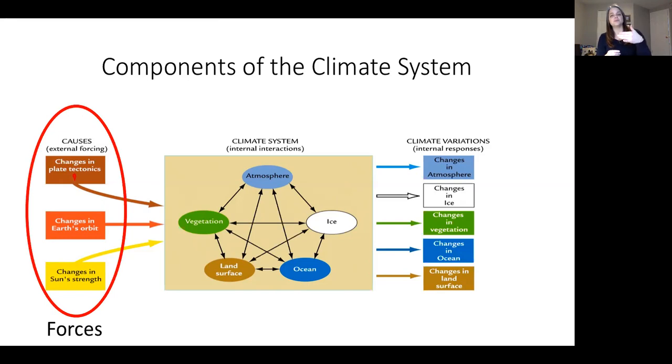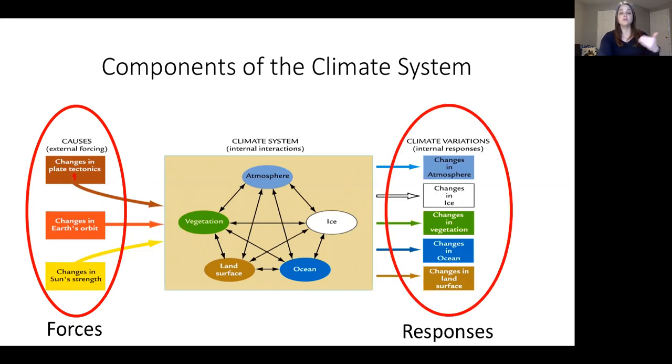And then we'll see that there's a response in those various parts of the climate system itself. And those responses end up producing our climate. There's a 4th force that's not in my little fancy diagram, and that's humans. And we'll spend most of our time in the last week of our class talking about humans as a forcing